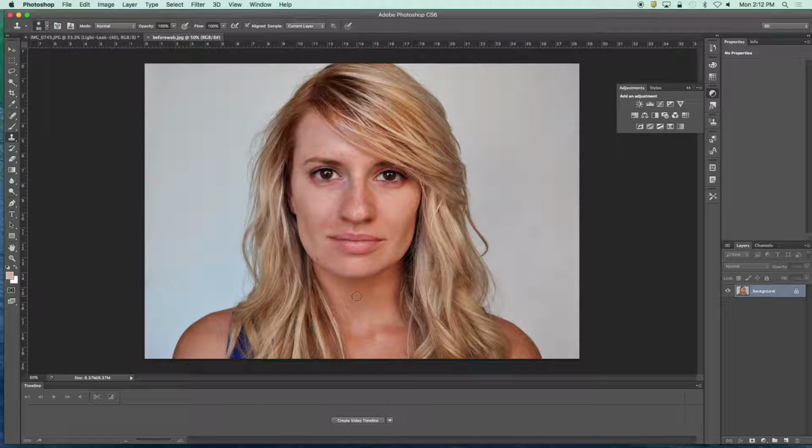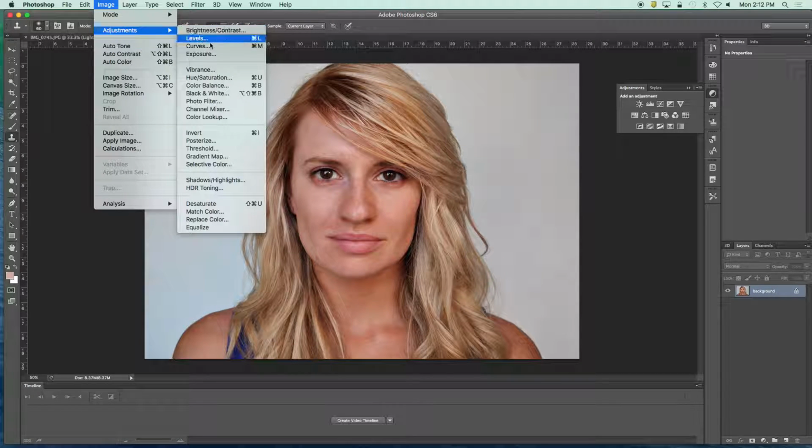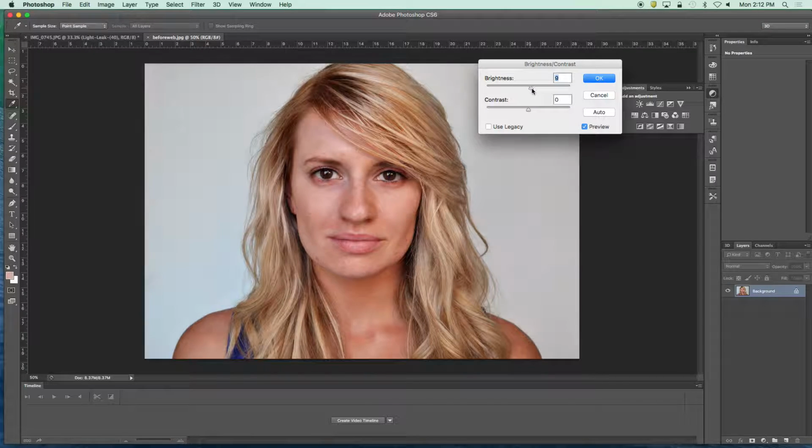Alright, so I'm going to go through just a few tools. Just note that a lot of this is very much trial and error, and it all sort of depends on what you're working with. So the first thing you probably want to do is get your lighting right, because you'll be doing stuff on different layers and you want that to match. So I'm going to go up to image and then adjustments, and if you need to, you can change the exposure or the brightness, something like that. So if I go to the brightness, maybe I want to brighten this up just a little bit,